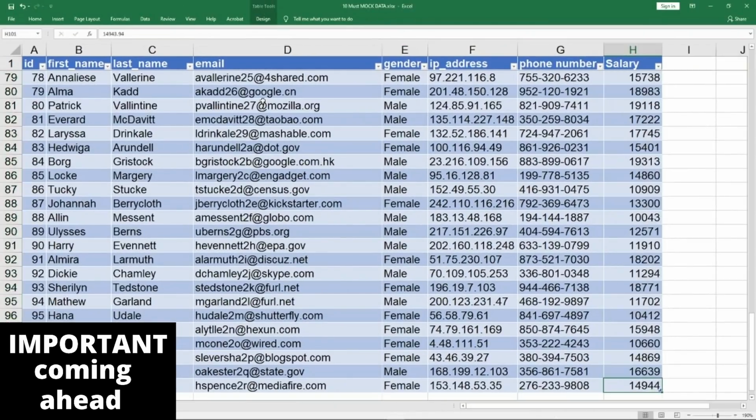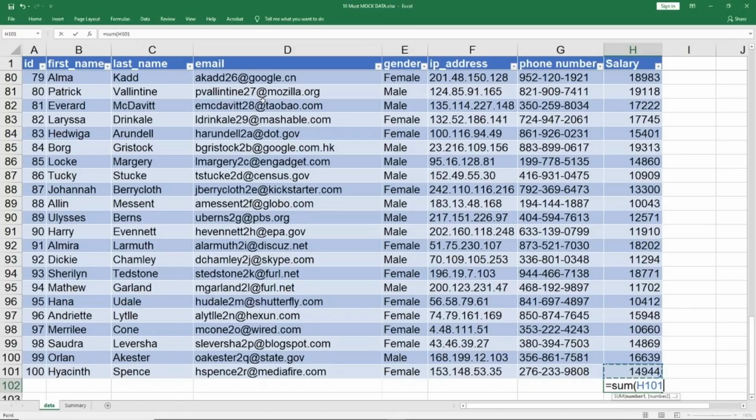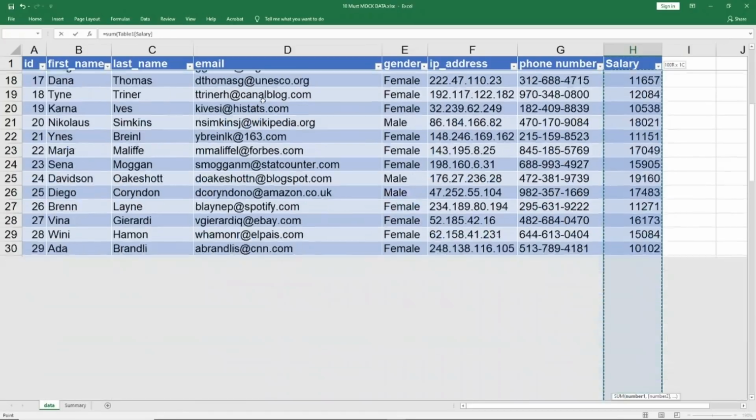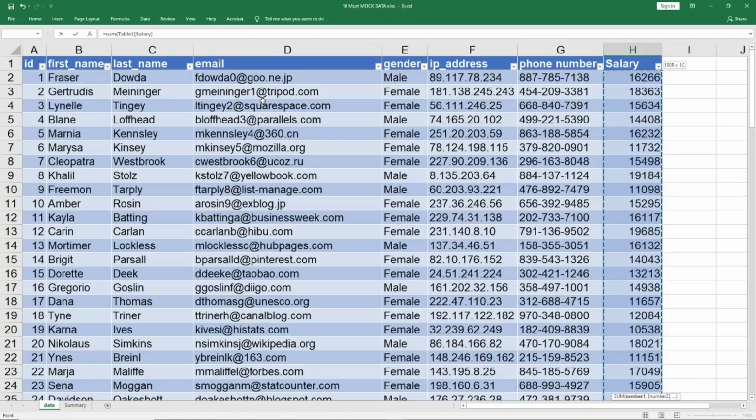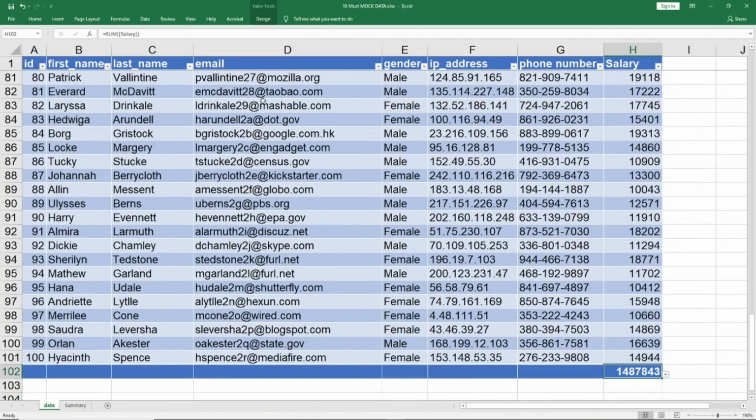So I come down, the last one, which is H101 or my serial number 100, and I want the summation of this. I want to see what the total salary is. So one thing is I can use equal to sum, bracket start, go up, shift and keep pressing up. This is one way. I hate it. The other way is I go one cell up to H101, control shift and top, and one down to deselect the salary and select all other. This is decent way. I'll be doing something like this, but in a different way.